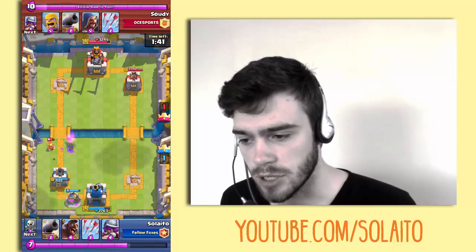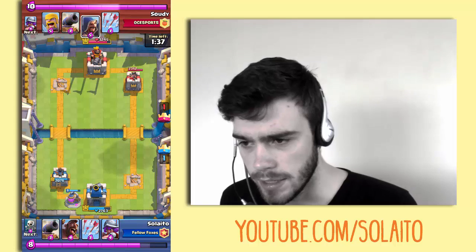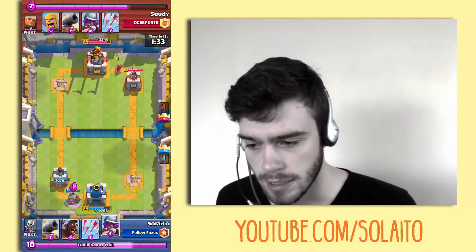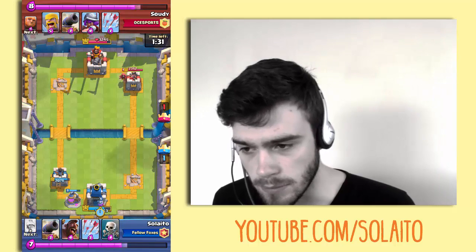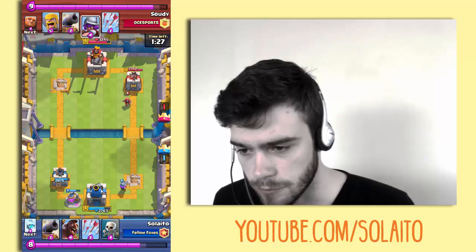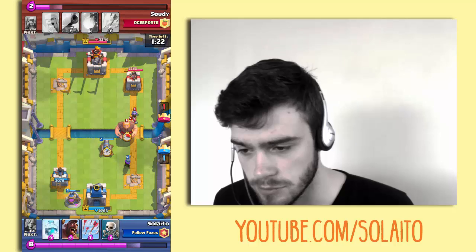So he's doing some spear goblins, I just let those die against my tower. And now my opponent is going to play a wizard to start his push from the back. And I want to deploy a musketeer. So we're both waiting for our elixir to fill up here. He's deploying a musketeer. He's probably going to deploy a giant in front of it, which will be quite annoying,